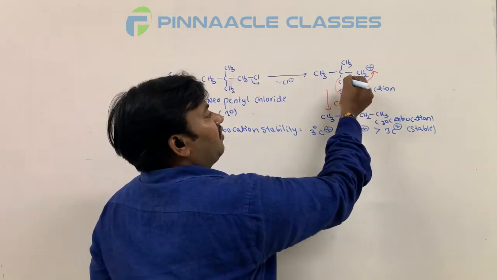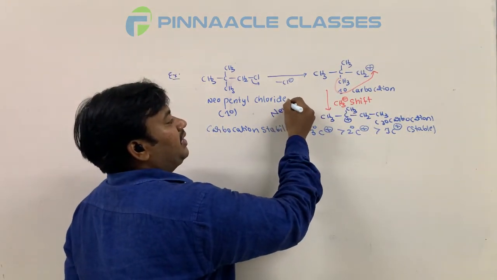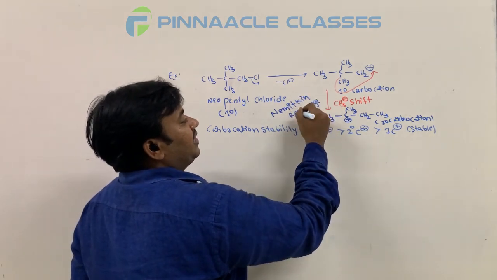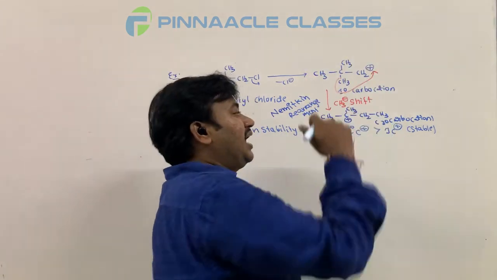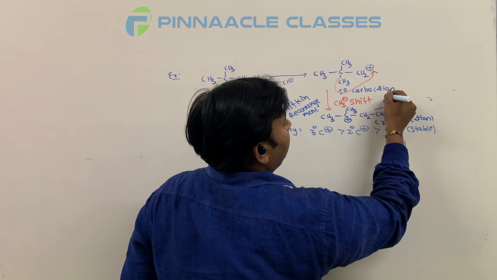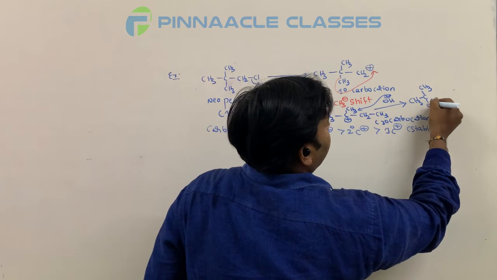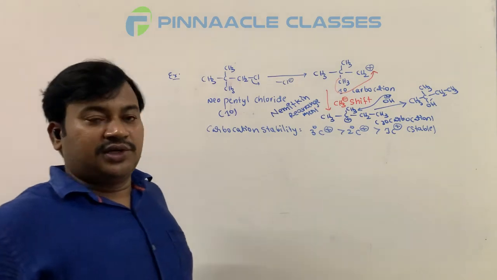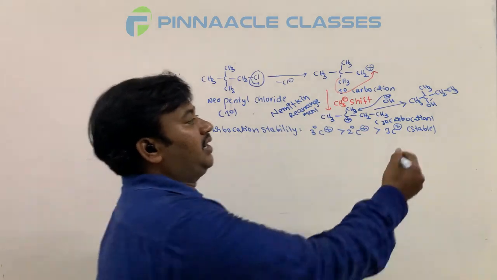When a methyl shift takes place, this rearrangement is called Nemetkin rearrangement. Nemetkin rearrangement will take place when a methyl shifts towards the carbocation. After this step 2, the nucleophile OH will attack, and you will get the product 2-methyl-2-butanol. So this is the resultant product. We started with a primary alkyl chloride, but we got a tertiary alcohol.